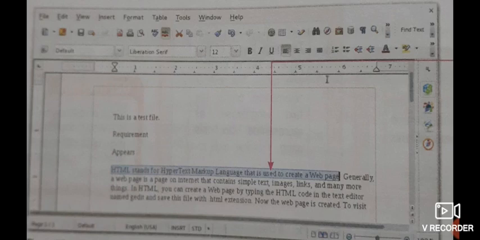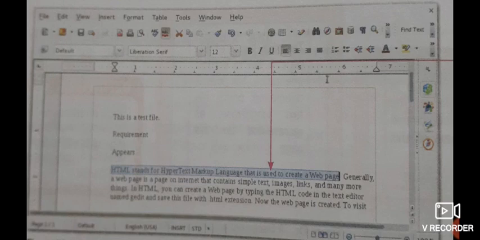But when we copy a text, we make a duplicate copy of the same text. It means the text that we copy and paste will appear at two places, at its previous place and at the new place where we paste that text. But when we move the text, it is moved from one place to another place. For moving a text, we use the cut and paste option.